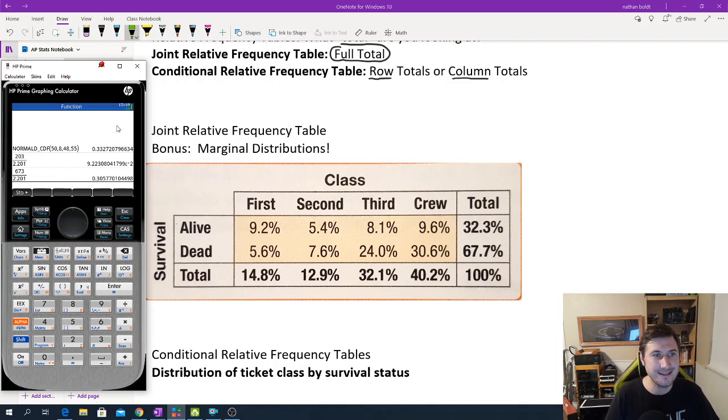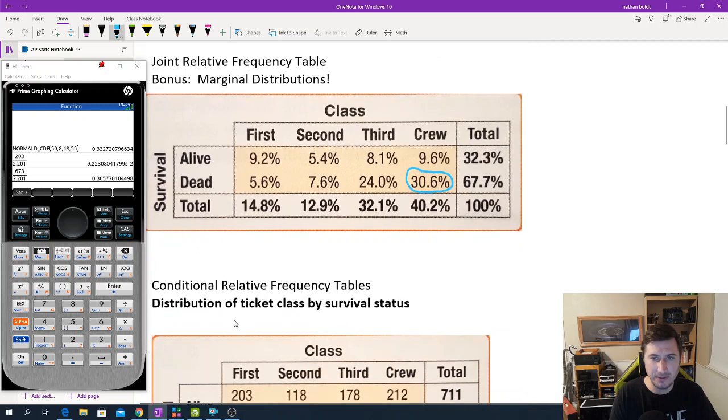So now what does that mean? Let's choose one of those and interpret. Let's just do that one. That means 30.6% of the people on the Titanic were crew members who did not survive. So 30.6% of people on the Titanic